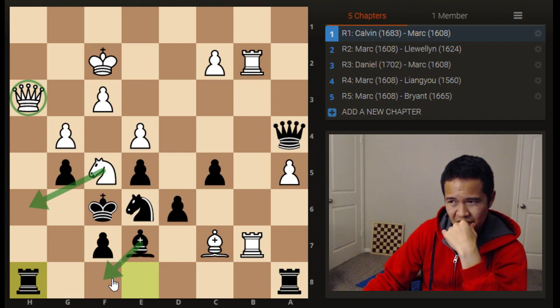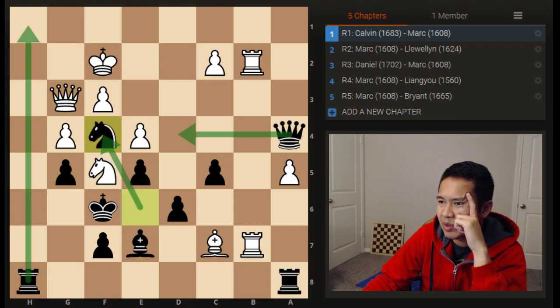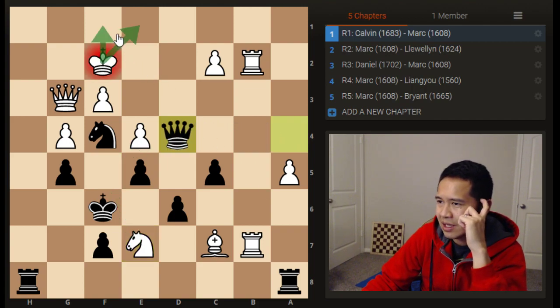And maybe I'll just do that. So he hides. His queen is not great. I move my knight back. This was a huge mistake. His knight is protecting that. That allows me to come in with check, and it's a forced mate. He has no way out of this